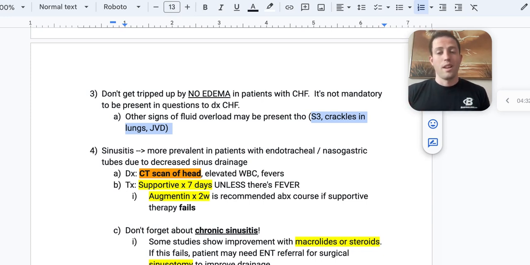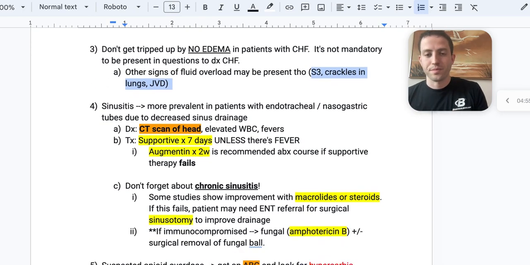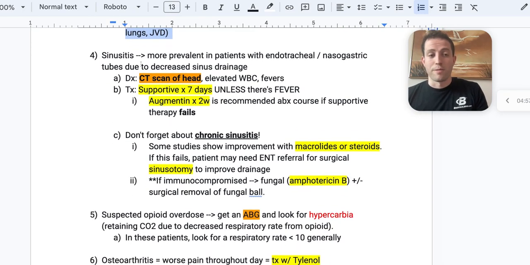Don't get tripped up. This question messes up a lot of students because they see that there's no peripheral edema in their lower extremities and they're like, oh, it couldn't be CHF because CHF always has that. Well, keep in mind that CHF does not have to have lower extremity swelling to be considered CHF. If it's not end-stage CHF, then these patients might be totally asymptomatic in their lower extremities. So it's not mandatory. Keep that in mind. Number 4,